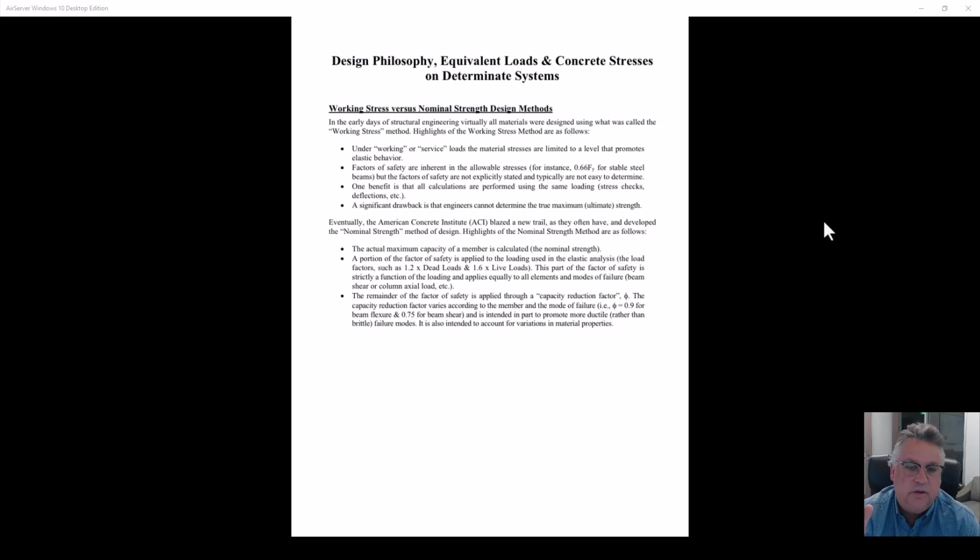Since I was in your shoes and in your seats, literally, the world has transitioned. Steel decided to develop their own LRFD methods, and that's the most common today. Even wood decided to follow along and came up with an LRFD design for wood. Now, my understanding is wood still, you can do allowable stress design, or you can do LRFD type design, but these are strength based. So you're determining whether or not you have enough strength based upon these allowable stresses.